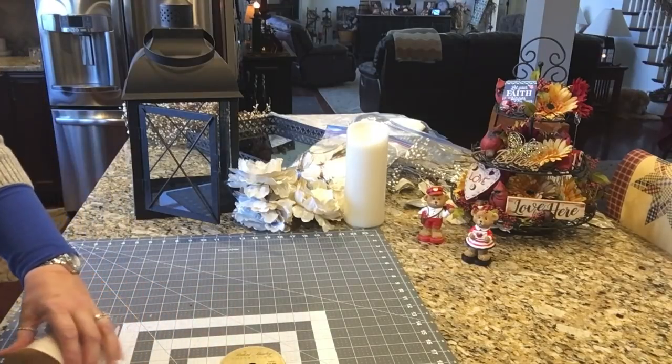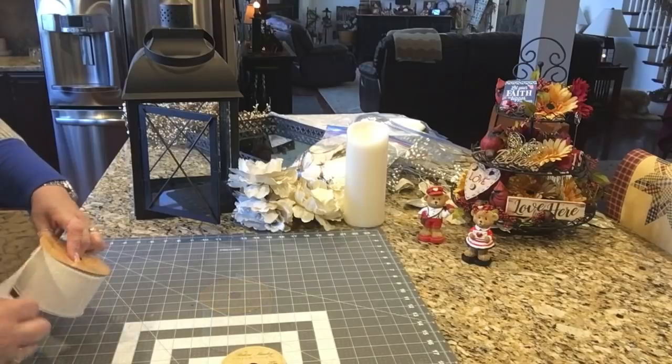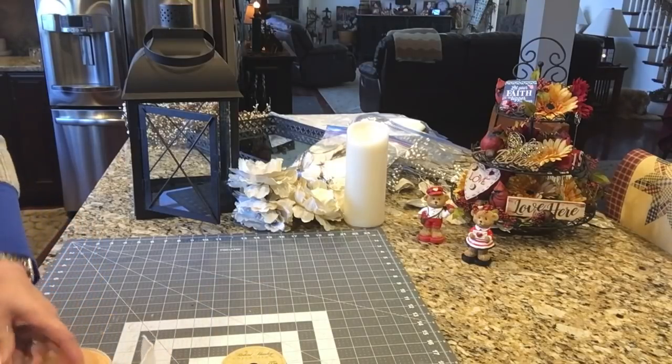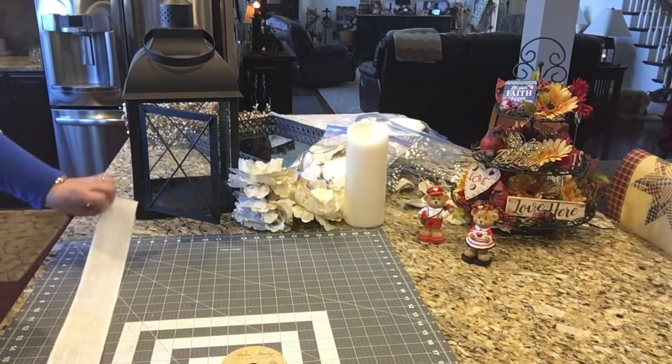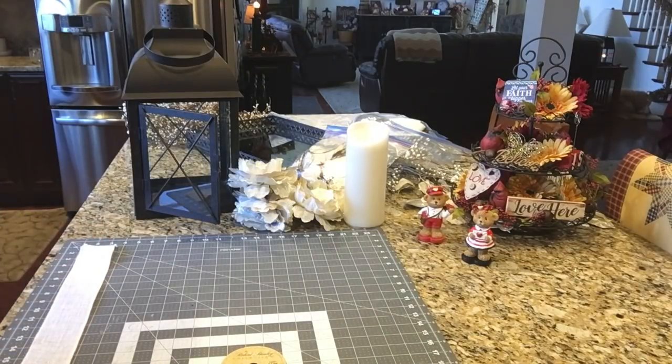So I'm going to open up this ribbon. I'm going to need 3 strips of each at 30 inches long. Yep, that's long. I'm going to start them out long, and I'll probably end up trimming them all down. But I'd like to, this is going to be a big,